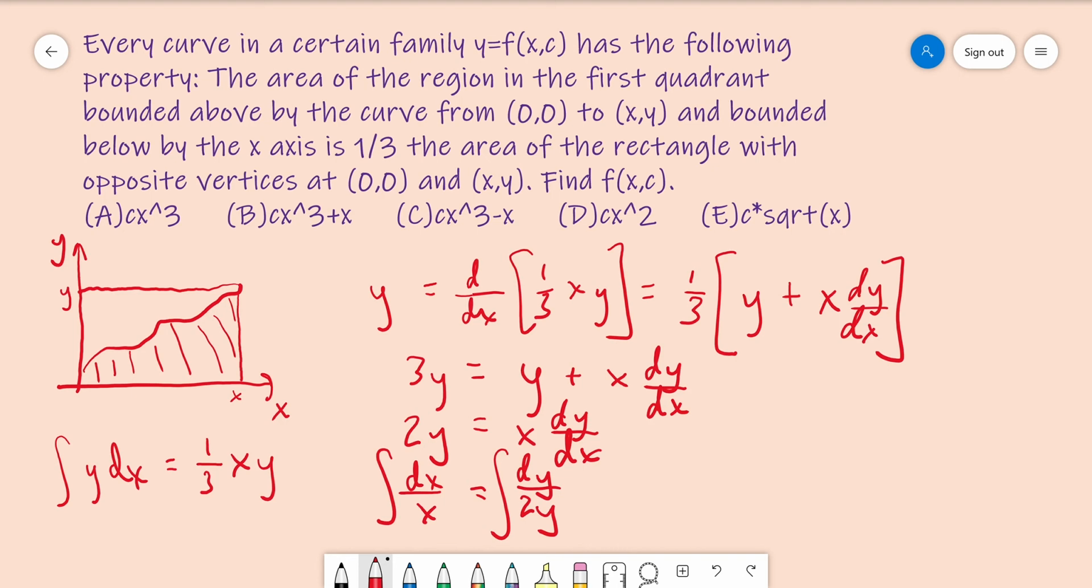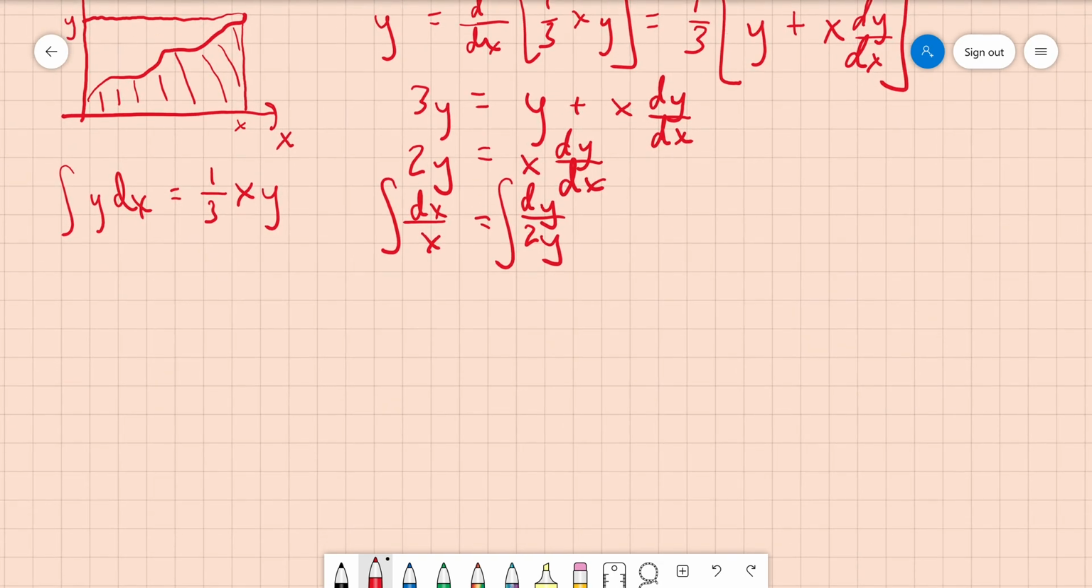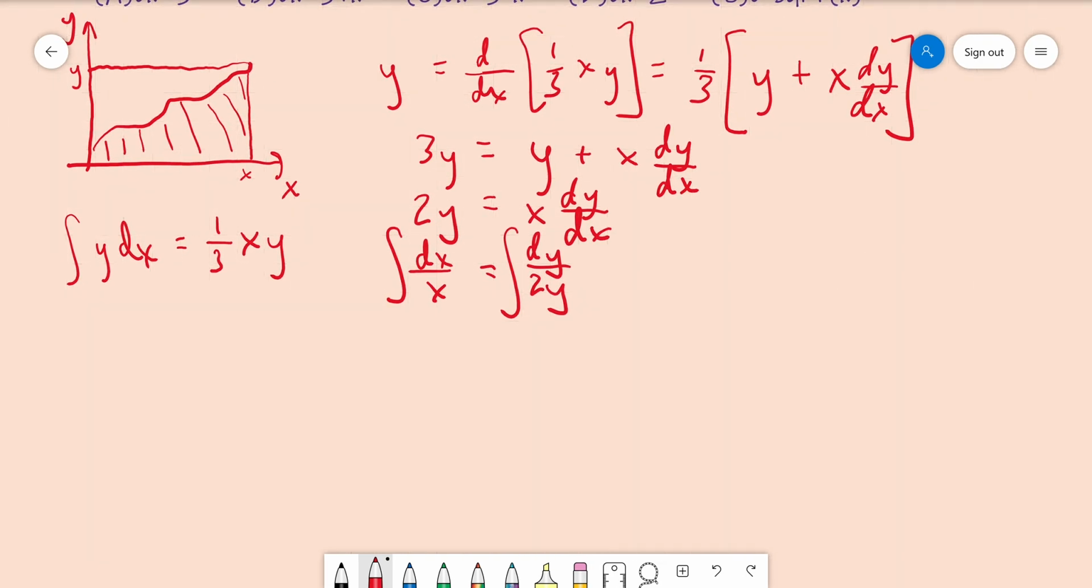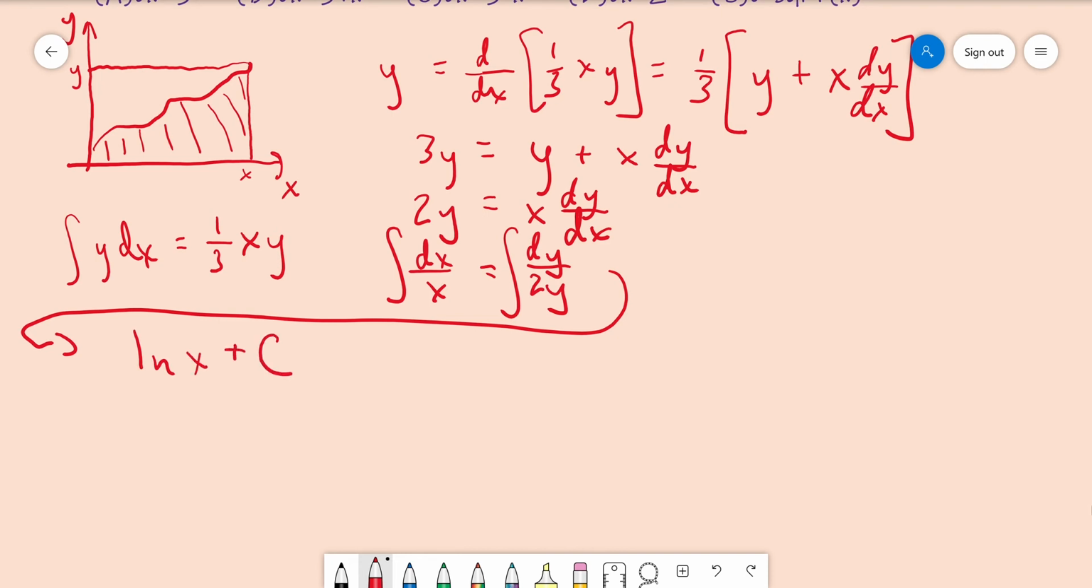Now the integral of 1 over x, that's just the natural logarithm of x plus some constant. And the integral of 1 over 2y, that's just 1/2 times the natural logarithm of y plus some constant, but I'm not going to write that because we already added a constant on the left side. Now, if we take